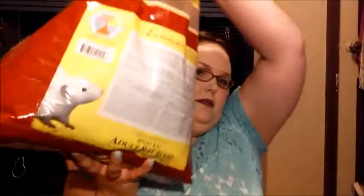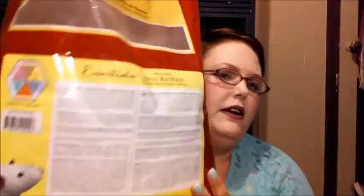Alright, the second on my top 5 rat products is going to have to be the Oxbow Regal Rat Adult Rat Food. This is the 20-pound bag, and it cost me around $50, and I bought this a couple of months ago. I feel like it's been 2 or 3 months, probably just 2 months, but I bought the large size because I was going through the smaller 3-pound bags, like 2 a month, and that was about half the cost of one of these per month,